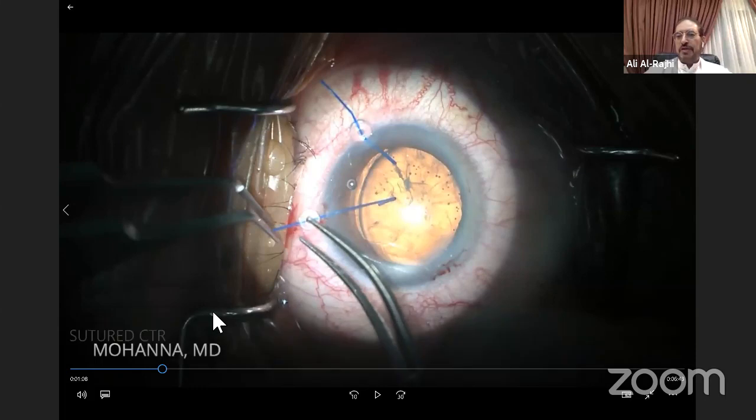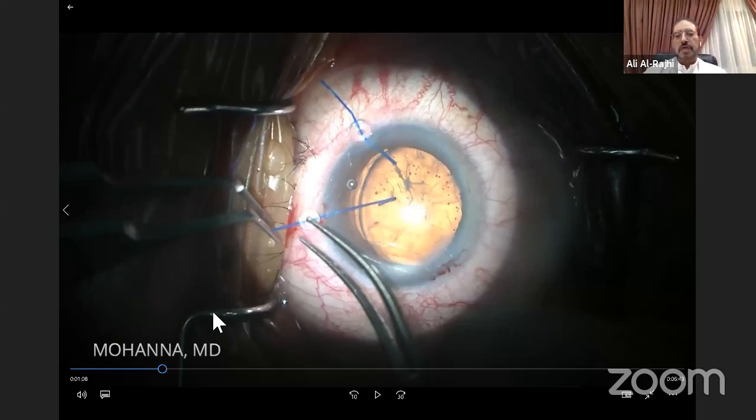You can use capsular iris hooks if you don't have capsular hooks. The advantage of capsular hooks is that the tension will be on the equator of the lens rather than the anterior capsule, and they are not available everywhere. So if you manage this without any tension on the anterior capsule and without any extension to the capsulotomy,